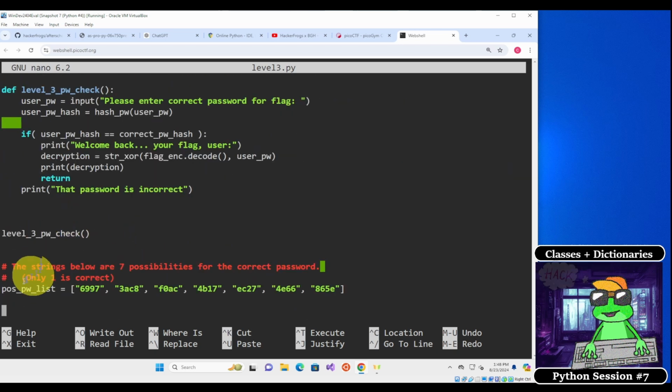There's actually a list over here at the bottom, which isn't used, but it says inside of these comments, the strings below are 7 possibilities for the correct password. Only 1 is correct, and then they've got a list called possible password list, and it's set to these 7 strings right here. So what we could do is just try each one of these one by one